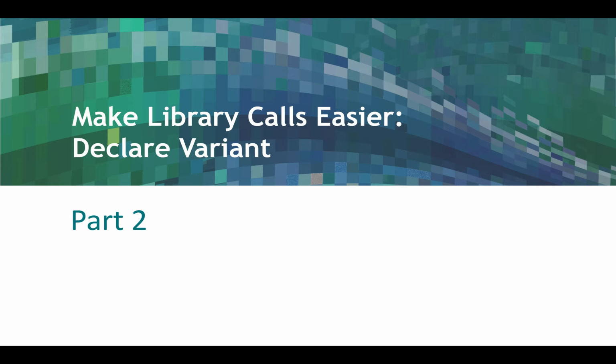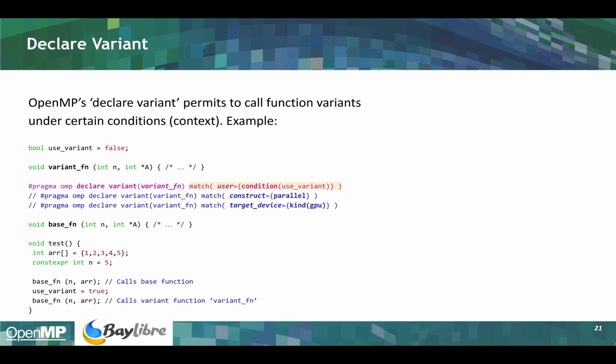I want to continue with declare variant, because then we can abstract the library calls very much, make it locally much nicer, and have the heavy lifting or the specific parts in one common place. Well, variant functions, if you don't know them, permit you to declare a variant function for a base function. The base function is the function one usually has, and the variant is supposed to be called under certain conditions. It of course needs to have the same function prototype,